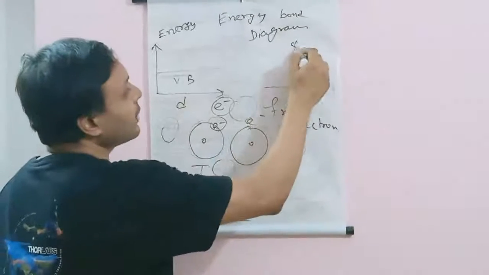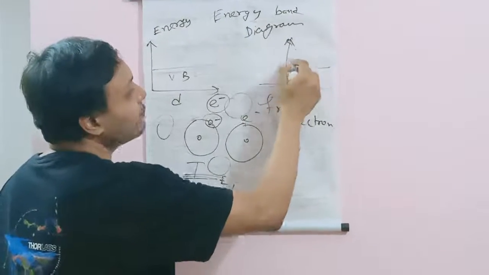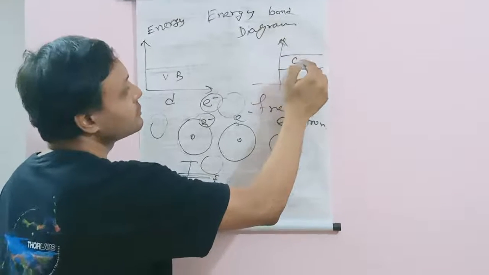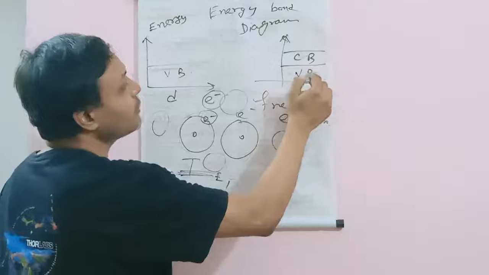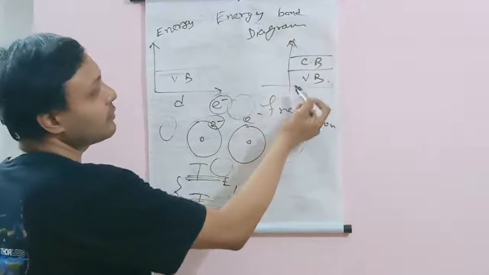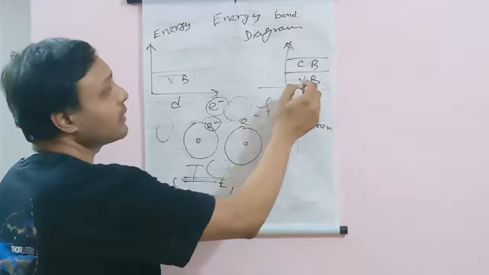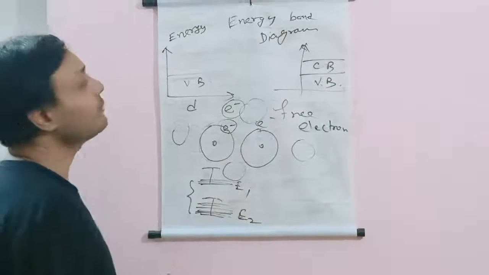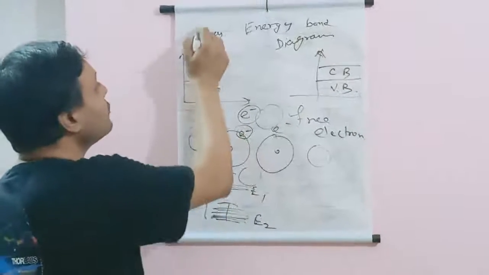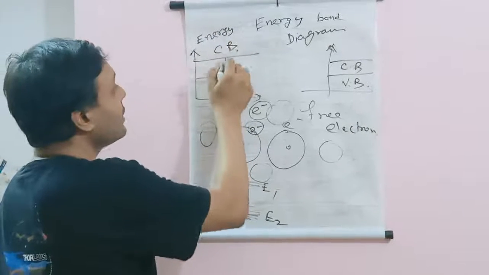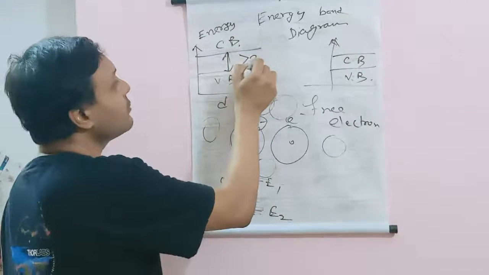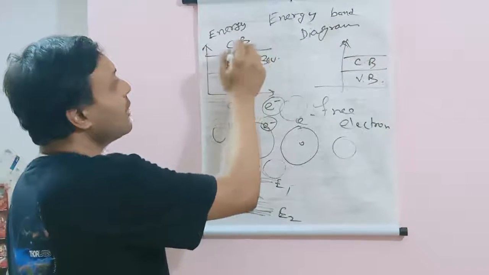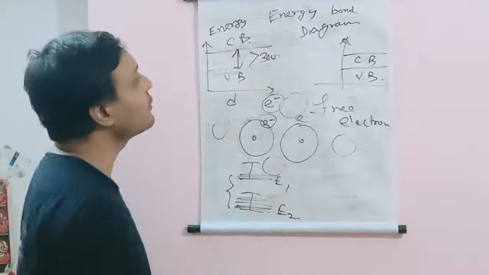In the energy band diagram for a conductor, the valence band and conduction band overlap, and because of that, in normal circumstances, all the valence band electrons can become conduction band electrons and are allowed to flow electricity. But in case of an insulator, between the valence band and conduction band there is a large gap, typically greater than 3 electron volt, and because of that the conduction band is empty. Because of the empty conduction band, there is no flow of electricity allowed.